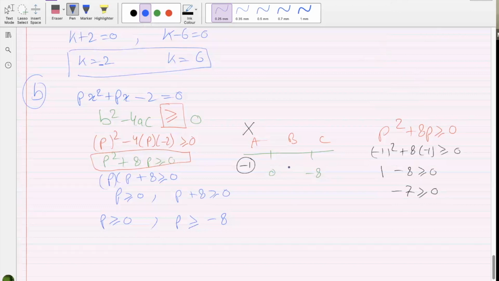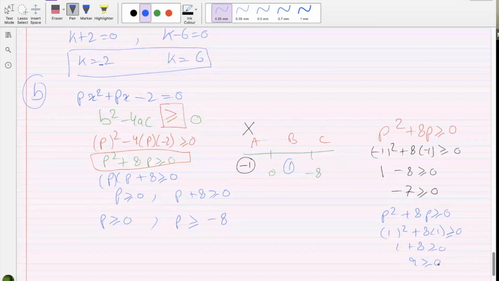Then we have the second option between 0 and minus 8. I am using number 1. So P square plus 8P is greater than or equal to 0. When we use 1, we get the answer 1 plus 8 greater than 0. 9 is greater than 0. So this is true. Area B is selected. The third area for C, this was for A, this was for B, and for C, if I choose,